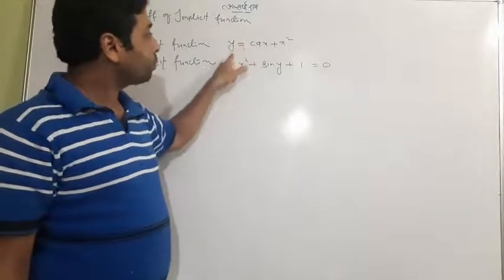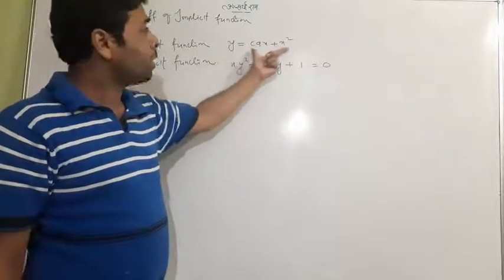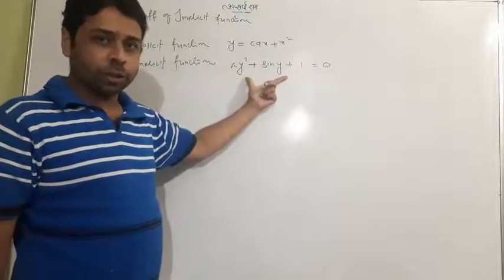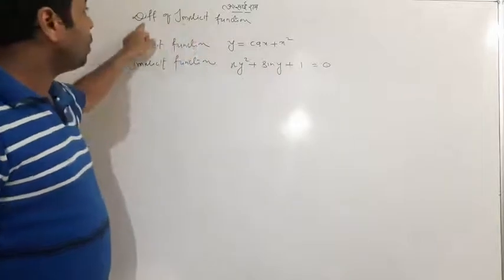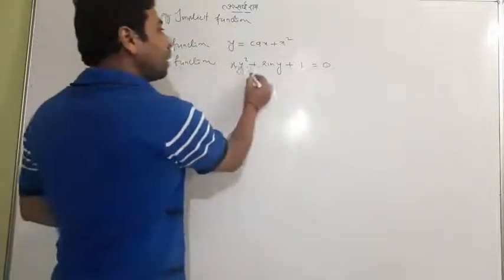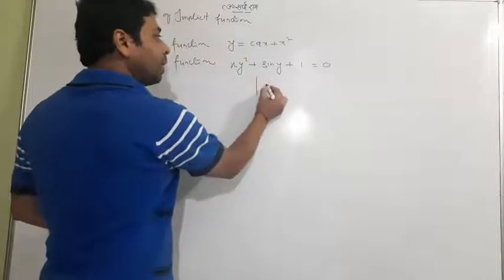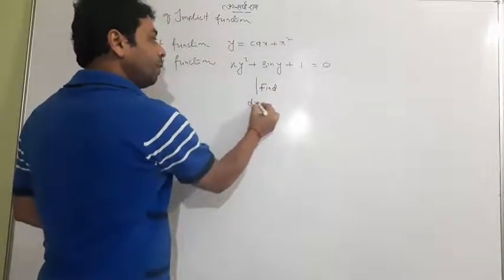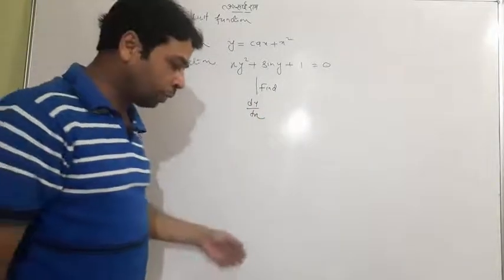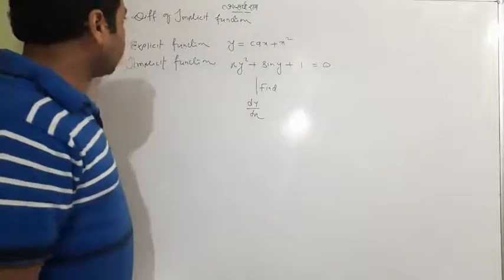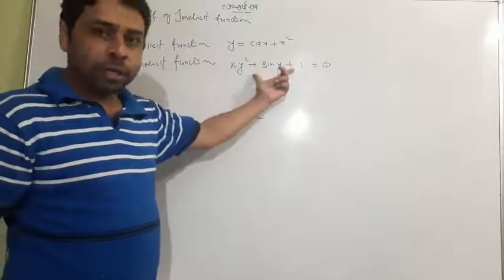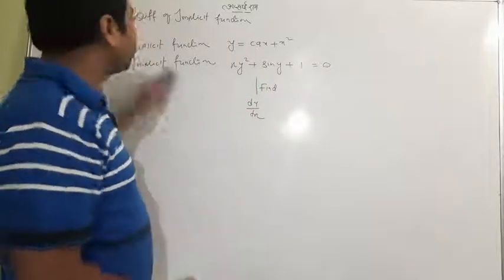Can you say this one? The value of y is already in the form of x. So this is an explicit function and this is an implicit function. So now we have to see the differentiation of implicit function. I mean to say, this particular kind of equation will be given, and then you have to find dy by dx. So let's watch how we can find it out. First I have put the idea of the function in your mind. Now let's watch how we can find dy by dx.